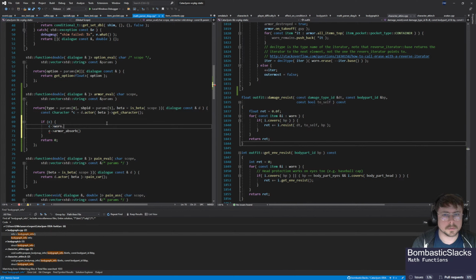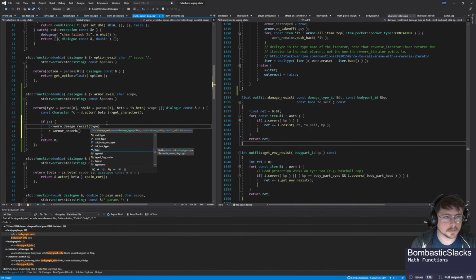So worn dot damage resist. And so our damage type is